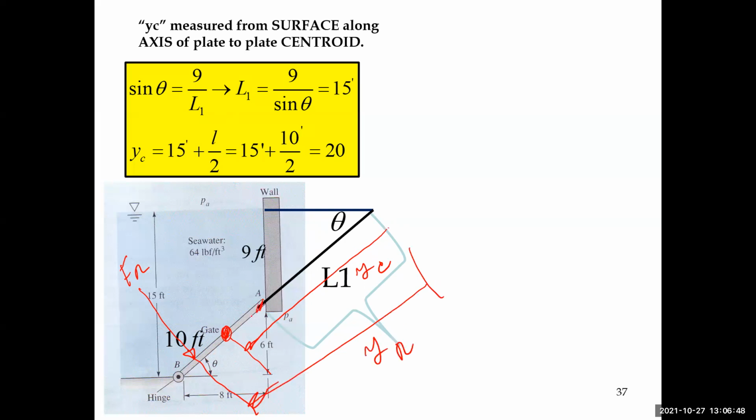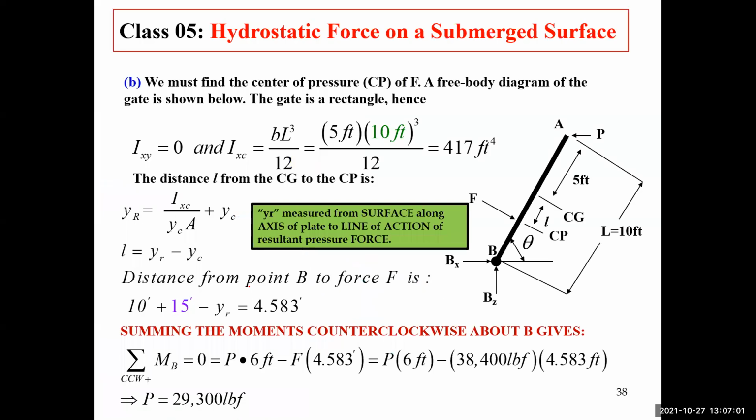And I know that this distance from A to the centroid is equal to L over 2. So y sub c is equal to 15 feet plus L over 2. Okay. So now I'm good. So now I know that I have an engineering expression to find the value of y sub r. Y sub r is measured from the surface along the axis of the plate to the line of action of the resultant force,